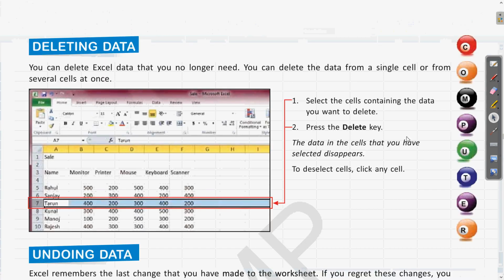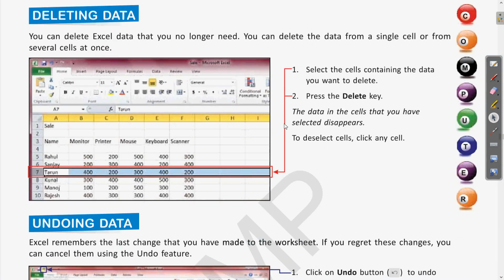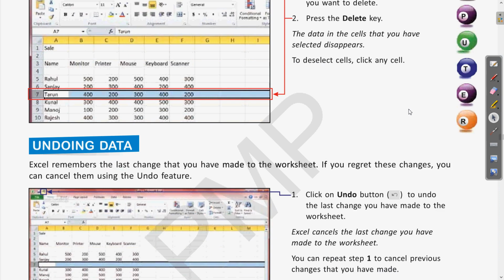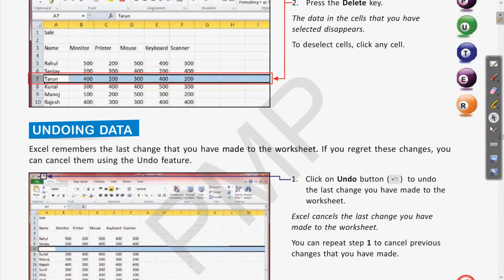So come again to the book. If you have deleted the values and you want to undo, meaning to come back to the previous values which were there, what can we do to bring it back? We can use the undo button. Let us see this. Excel remembers the last change that you have made to the worksheet. If you regret these changes, you can cancel them using the undo feature. Clear?